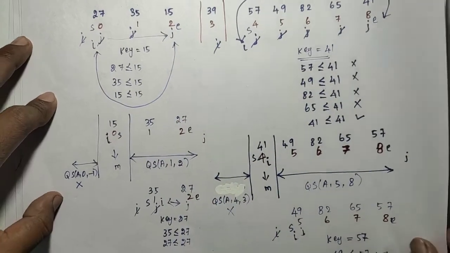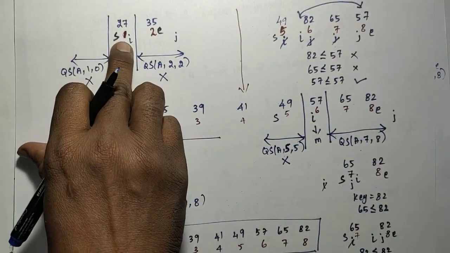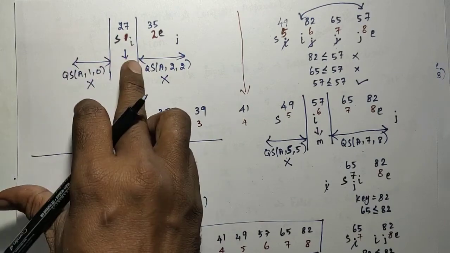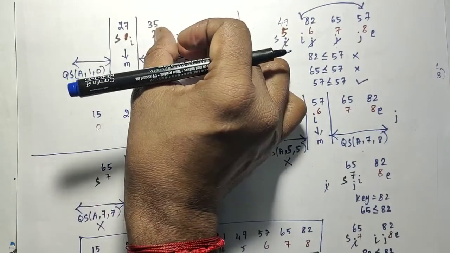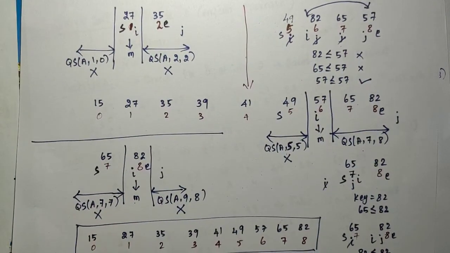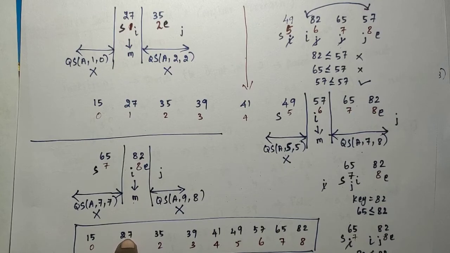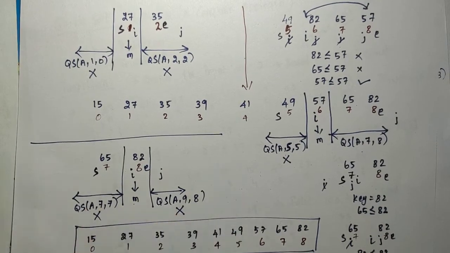So after that, this is the case. Based on the 27 is the split position. Left side no elements, right side only one element, there is no change. So 27 in 1, 35 in 2. So 0 is already filled with 15, 3 is already filled with 39, then 1 and 2 are now filled with 27 and then 35. Okay, this first half is over.